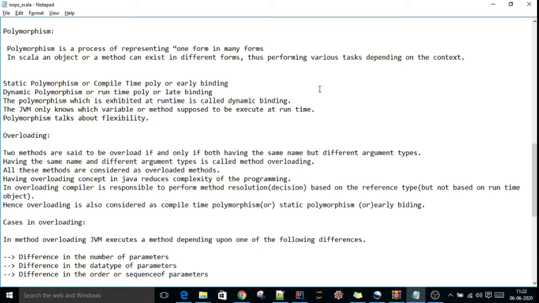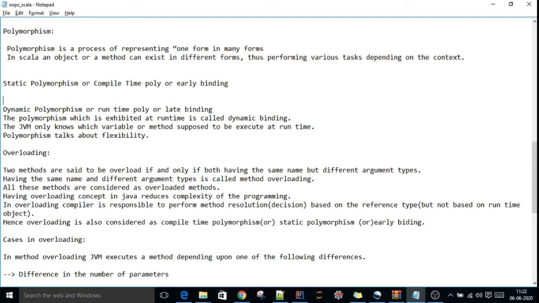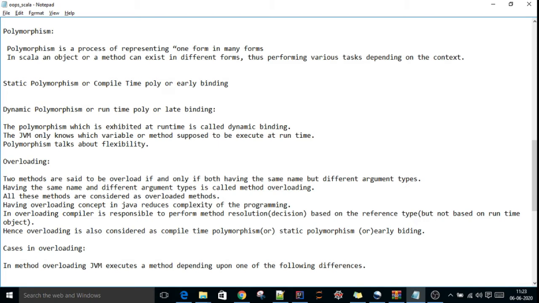There are two types of polymorphism. One is static polymorphism, the other is dynamic polymorphism. Static polymorphism will happen at compile time only. That's why it is also called compile time polymorphism. One more type is dynamic polymorphism.